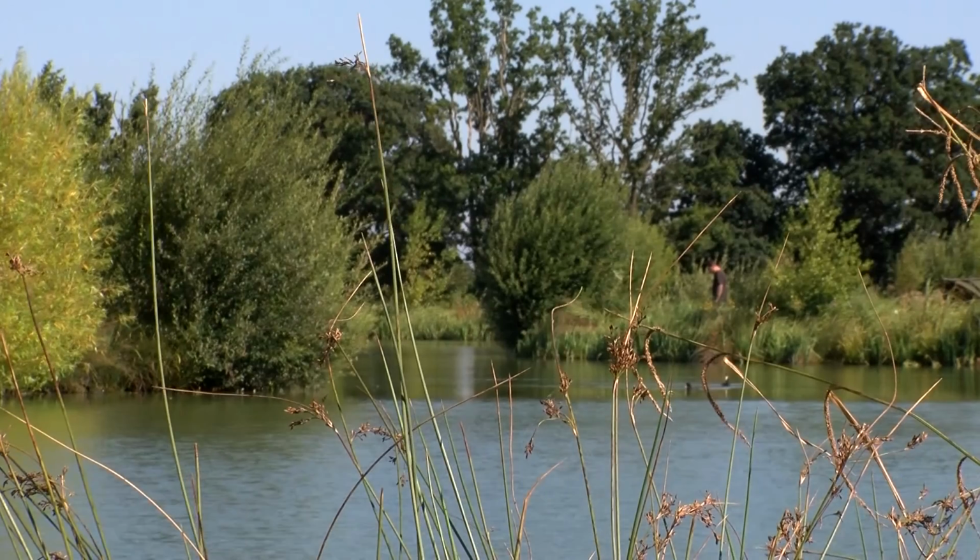But this has been hard. For a lake that I thought at this moment in time would have fished alright, the weather's really killed it. I mean, there's 25 people fishing around this lake throughout the course of this weekend, and not many people are catching. The fish are not even showing, and that's why I feel frustrated. I feel like I should have had a bite and I should have had a few fish,